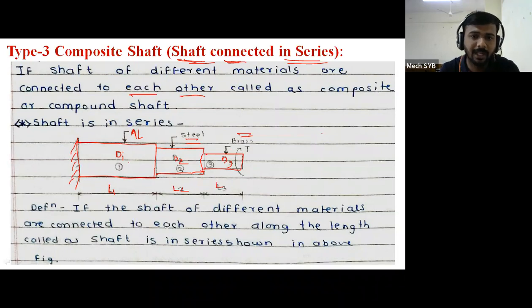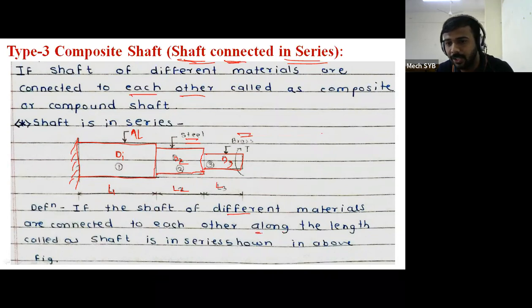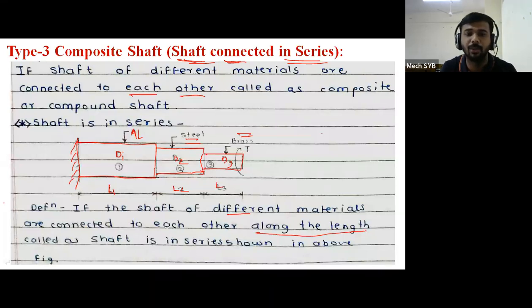And in addition to that, these shafts are connected in series. How can we say that the shafts are connected in series? So the definition is given at the bottom side. If the shafts of different materials are connected to each other along the length, this word is very important, the shafts of different materials are connected to each other along the length, that is called as shafts in